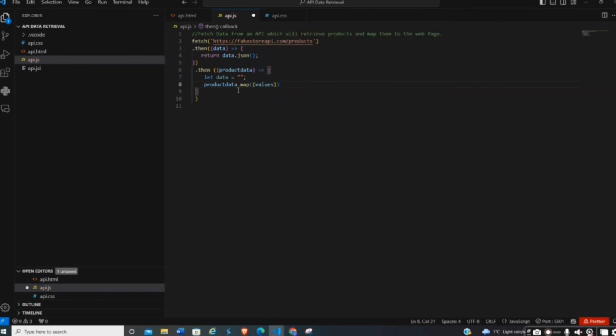And then using an arrow function, of course. So we're going to have data,